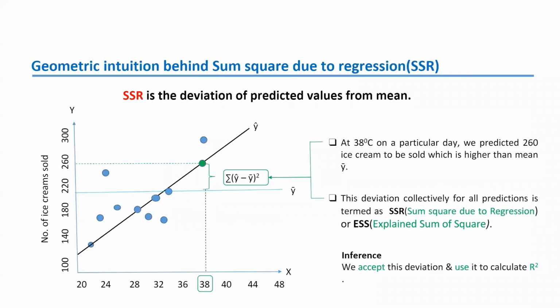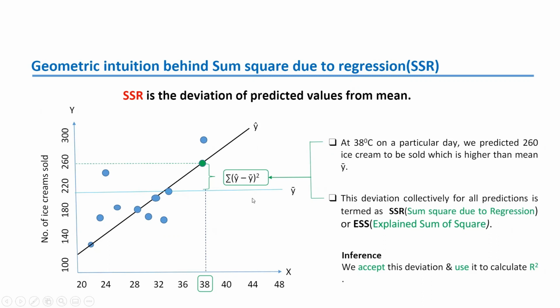regression. Now the intuition behind this is, at 38 degrees centigrade on a particular day, we predicted 260 ice creams to be sold, which is higher than the mean Y. So your mean is here. This is your mean Y dash. And you have predicted something which is more than your mean. You have predicted 260, but in actual it was say somewhere around 220 or something, on 38 degrees centigrade. This deviation collectively for all predictions is termed as SSR,